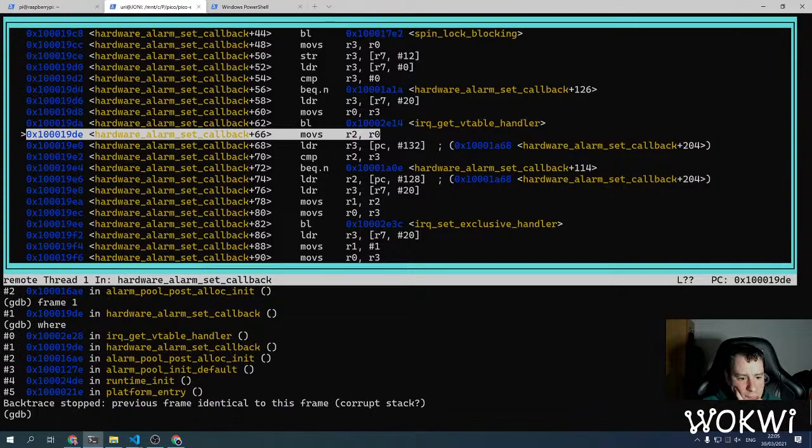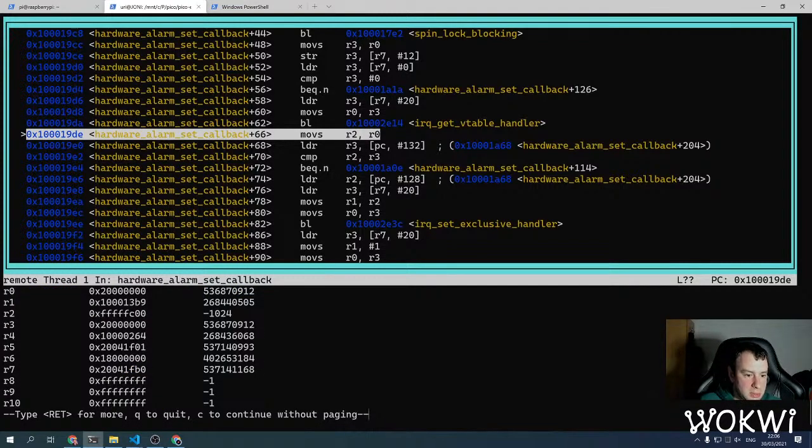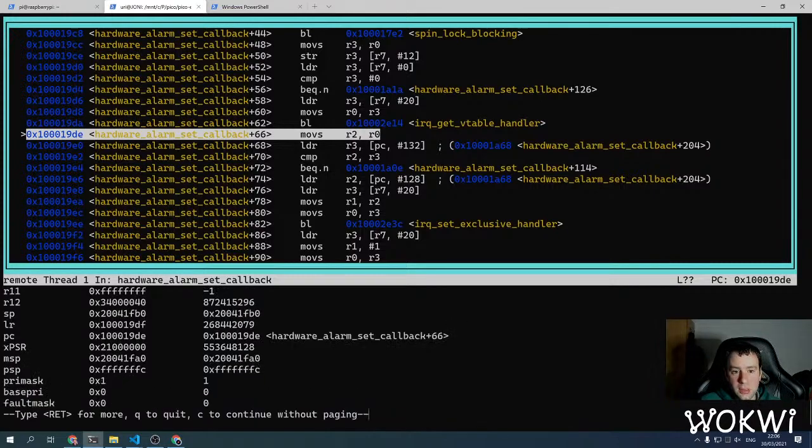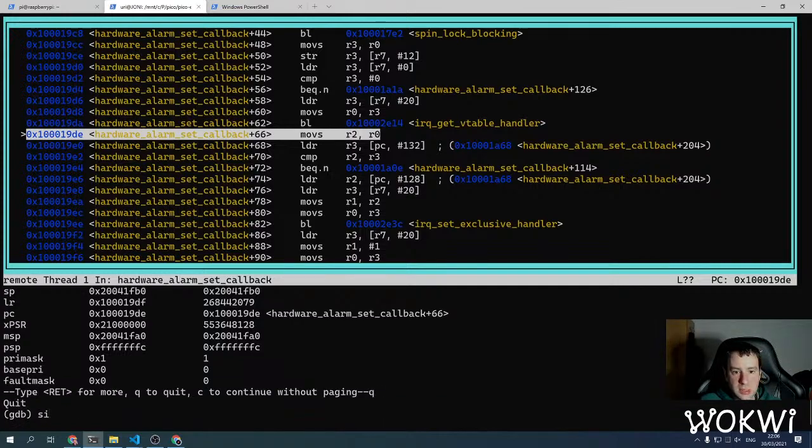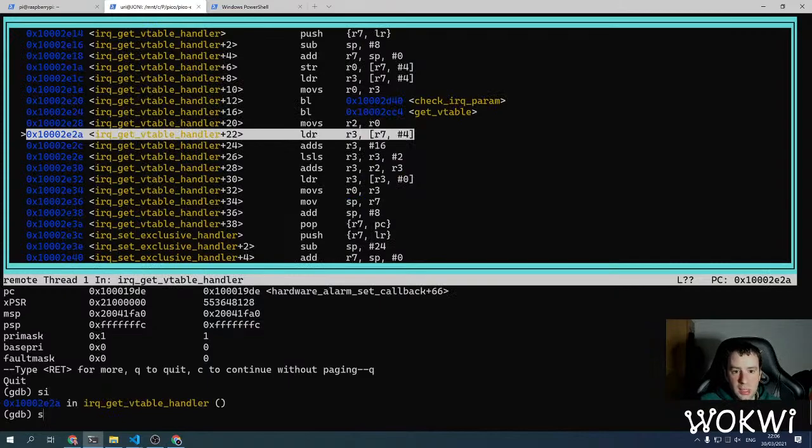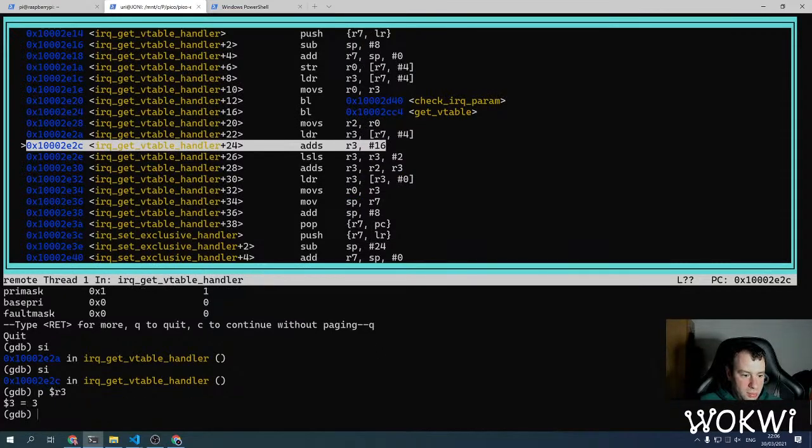Yeah, I think we are in the same place like we were last time. So probably it's still 3. If we look at the registers, we can probably see one of them containing this value, or maybe not. Don't see any 3 here. Okay, let's keep going with the instructions and see what happens. LDR R3, R3. Okay, so it loaded it probably from the stack or something like that, but it's probably this num,